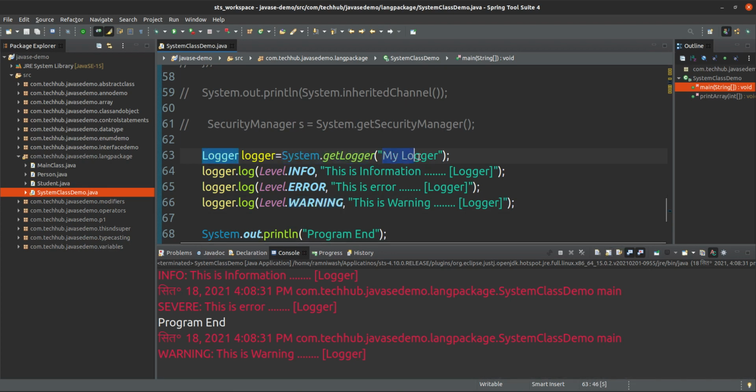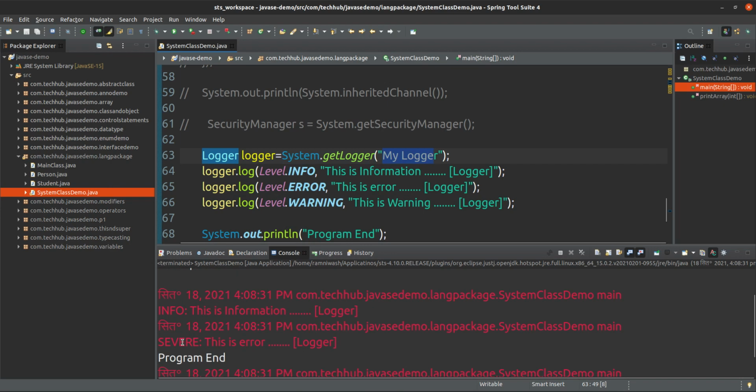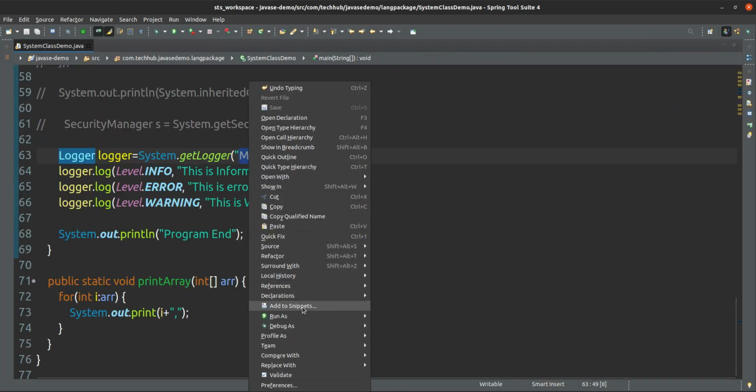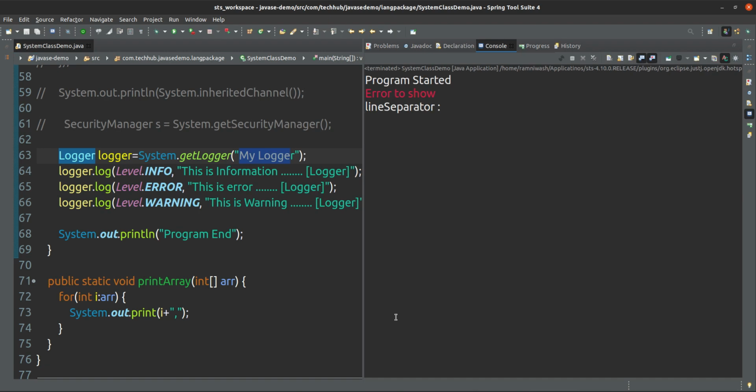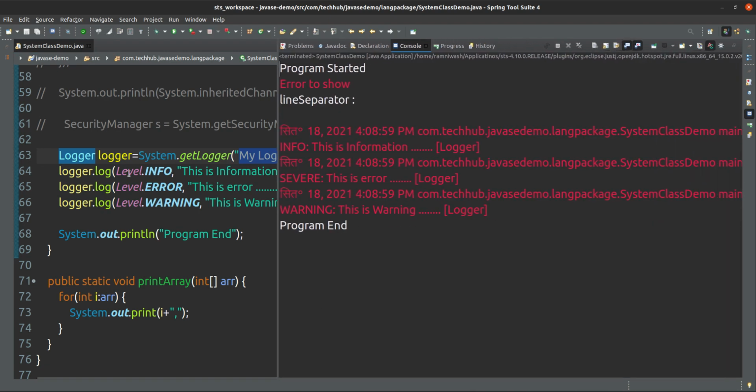With System.getLogger, you give the logger name and the logger will output in this way. See, this is information. If I give information, it comes as info. Let me run again. This is information because I used that level first.